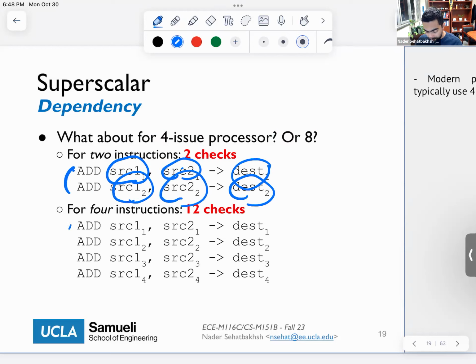But now if you have a 4-issue instruction, right? If you want to issue 4 instructions at a time, I need to check every 4 pairs together. So I need to check this one with this one, then this one. Then I need to check this one with this one, and this one. So for every 4, I need to check 3. So I'm going to have 12 checks for a 4-issue, and then